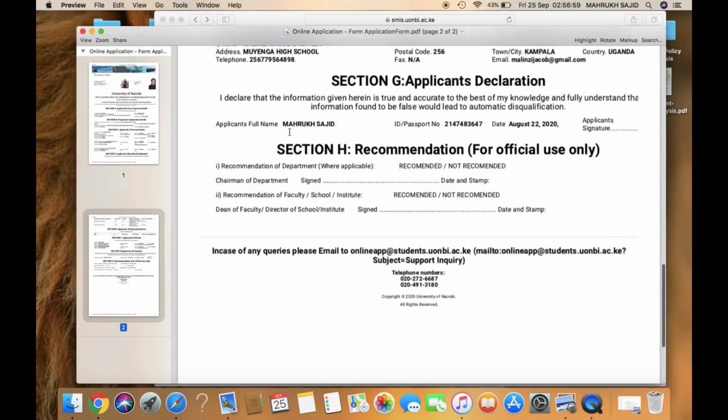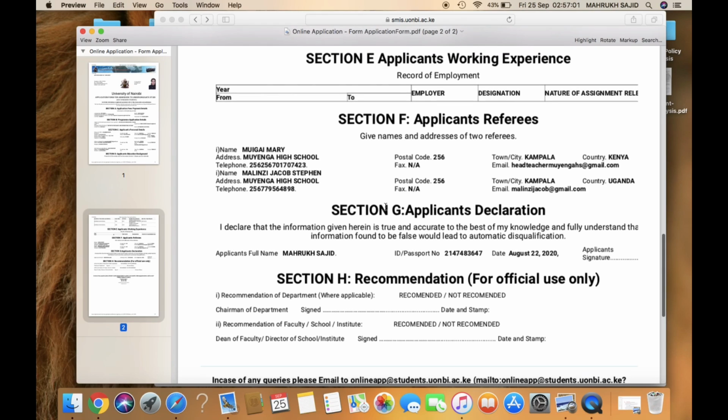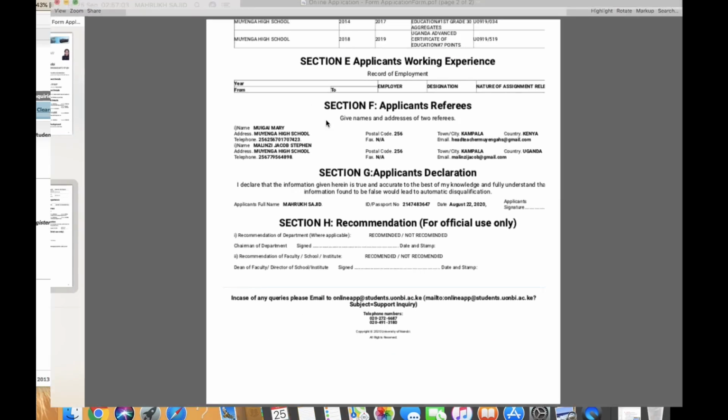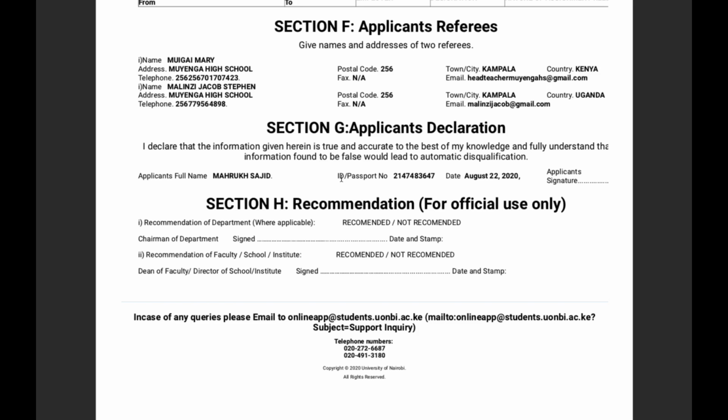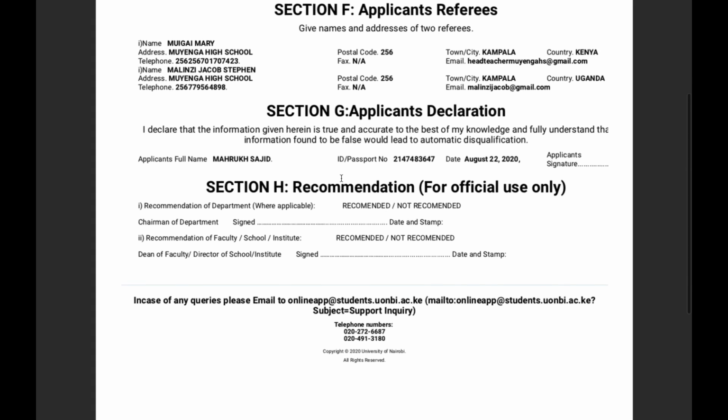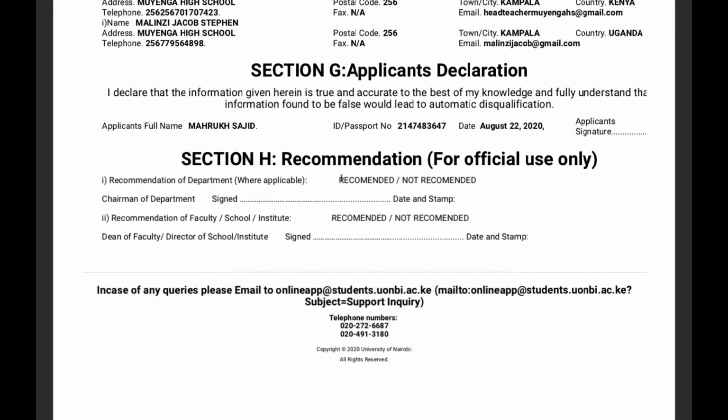When you apply to the University of Nairobi and you were given this application form, when you come to the second page of this application form, right here under the section G, applicant's declaration, you will have a code that is automatically generated when you had input your passport number or